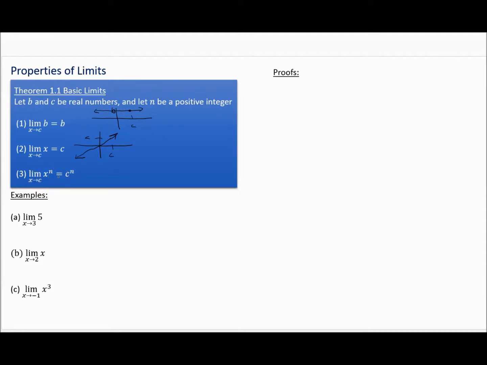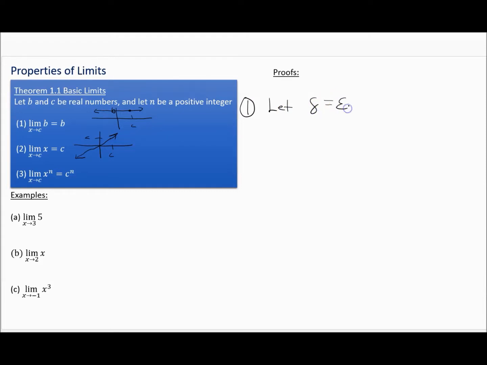And I have an area over here for proofs. The first two are pretty easy to prove. The third one, not so much. It comes from later properties. But let's just take a look at proving the first one. For number one, remember, to do a proof, you've got to do a little bit of scratch work. You've got to figure out what delta needs to be in terms of epsilon. Well, it works out well for this one to just let